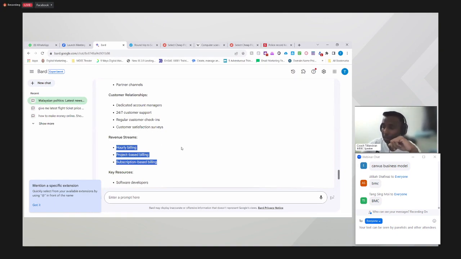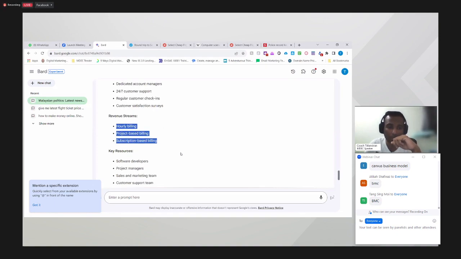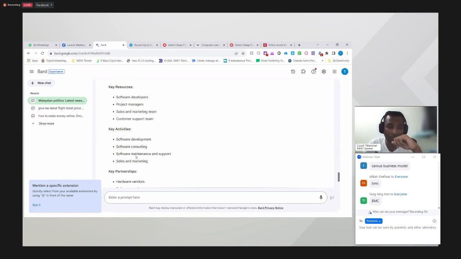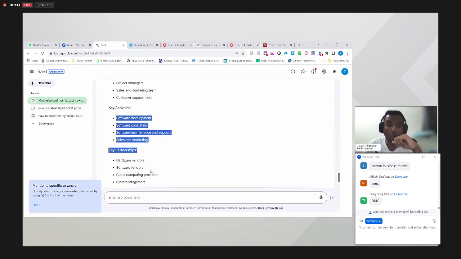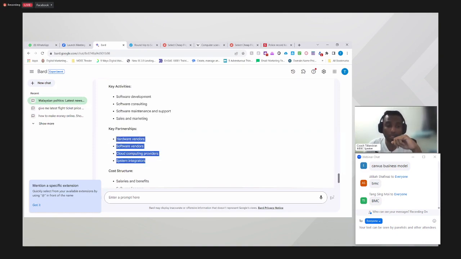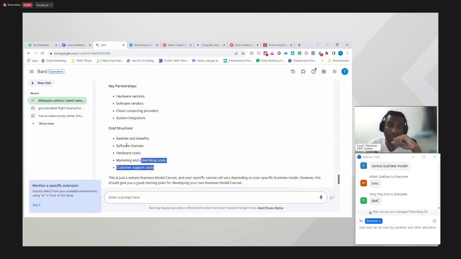So we have hourly billing, project based billing, subscriptions, that kind of billings. And what team do you need in your software development team. So you have this kind of information, and then what are the activities you will be doing, and who are your partners in your business potentially, and then what is the cost structure.